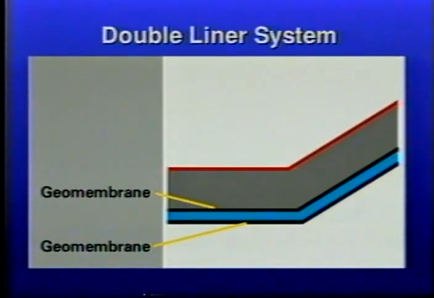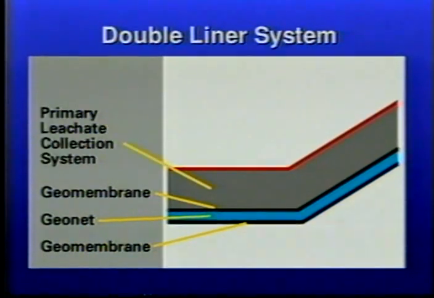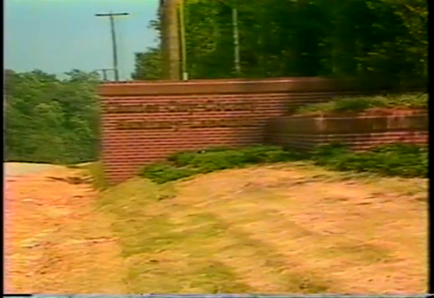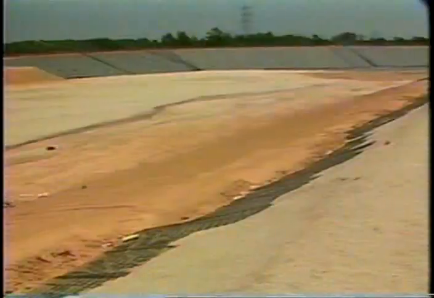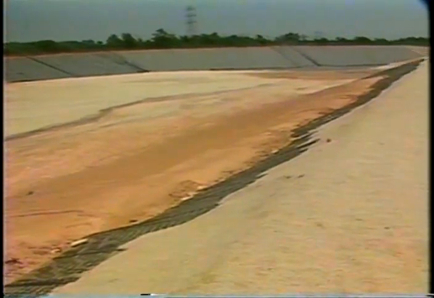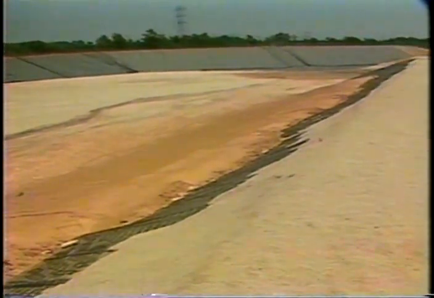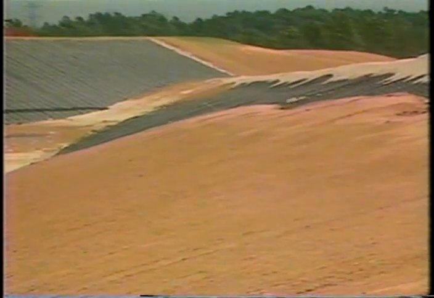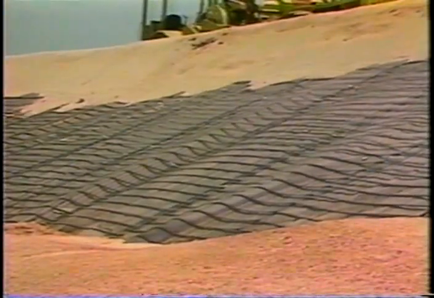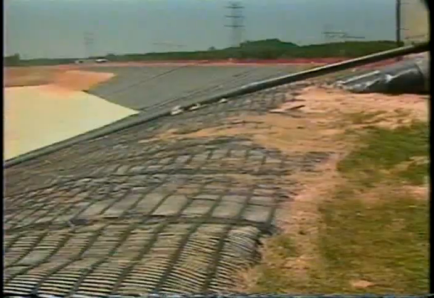Double liner systems consist of an upper primary liner and a lower secondary liner. Laid between the two liners is an intervening drainage system called the secondary leachate collection and detection system. The primary leachate collection system is placed over the primary liner. In this municipal landfill in Virginia, 2 layers of HDPE geomembrane liner have been installed with a layer of permeable sand over each. Any liquid leaking through the primary liner will drain to a collection point, where it is pumped